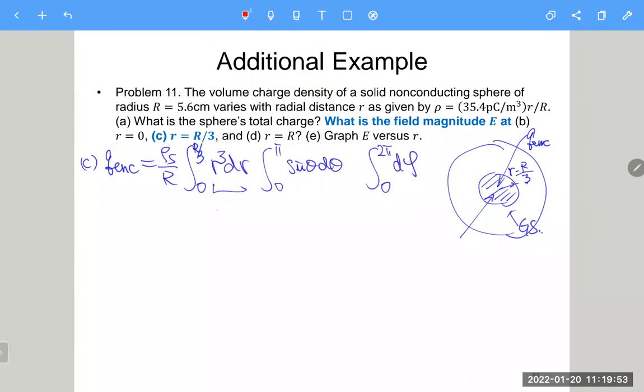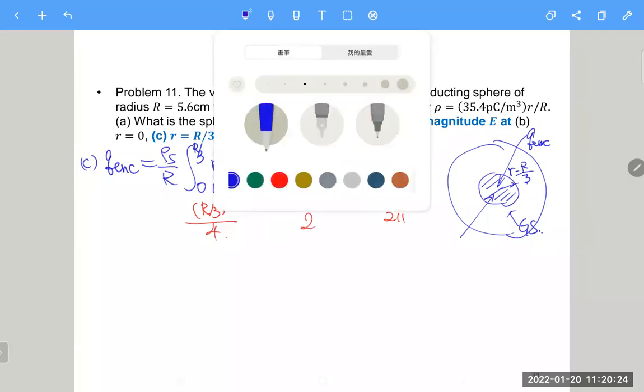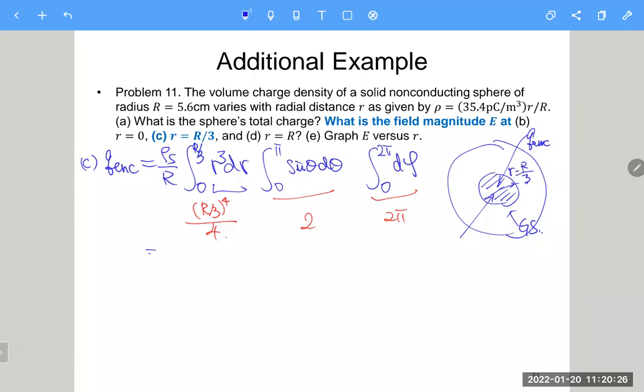This is R over 3 to the 4th power over 4, because originally it's R to the 4th power over 4, but here we only evaluate up to capital R over 3. So we have capital R over 3 within this 4th power. This term is still 2, and this term is still 2 pi. So the answer will be